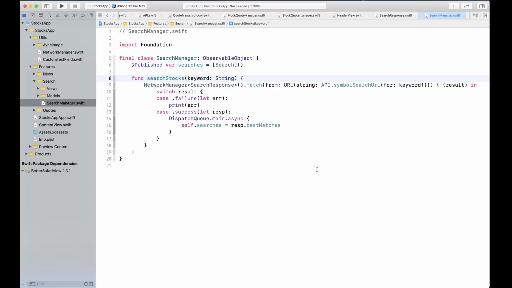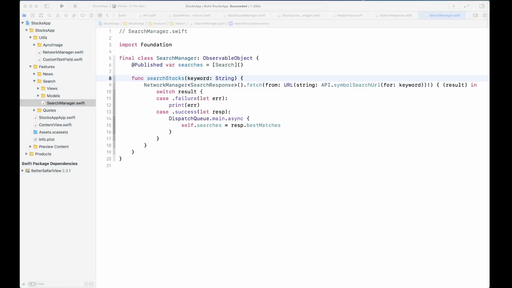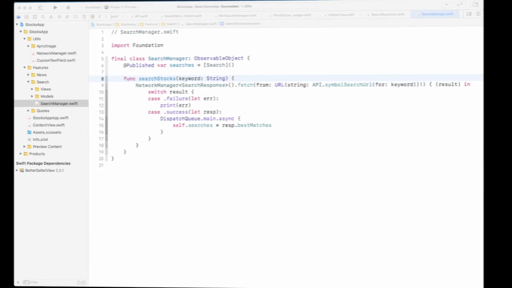All right, so next up, we are going to implement its view, and before we implement the view, we're going to need a couple of helper utilities. So we're going to first create those.